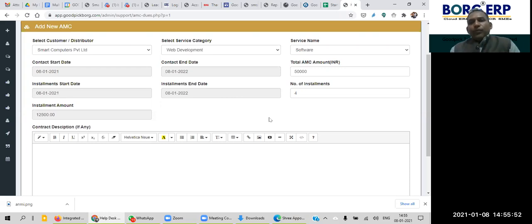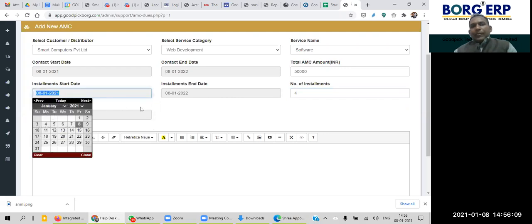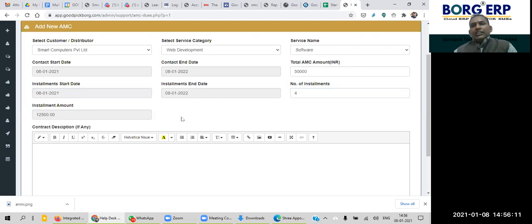So the customer may offer a quarterly, half-yearly, or even monthly payment cycle. In that case, accordingly you have to mention the number of installments here. Then the system will calculate and make sure when the first installment will be, and then the equal intervals. The system can also communicate to that person and remind you when that installment is going to be due.